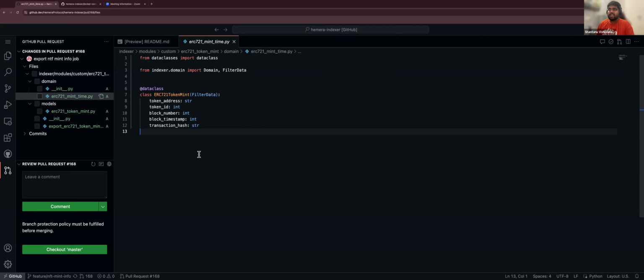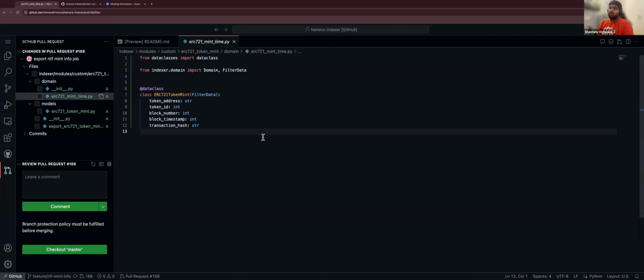So right now I have an example wherein it mints out all the NFT mint info for a particular contract address. Let's first say I want to get all the data for the Pudgy Penguin contract, or Pudgy Penguin NFTs. All I have to do here is, first step, mention the data class. So what essentially is a data class? A data class is basically a model that you're defining for a particular data that you want to chunk out. Let's first say here I want to chunk out ERC721 data,